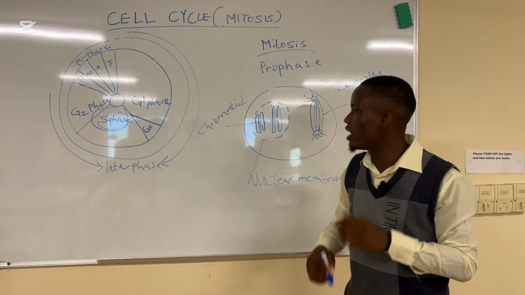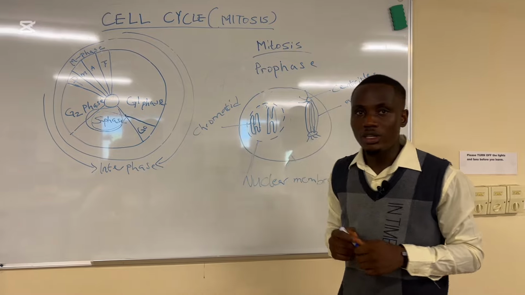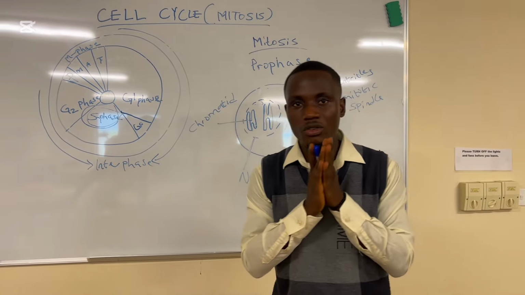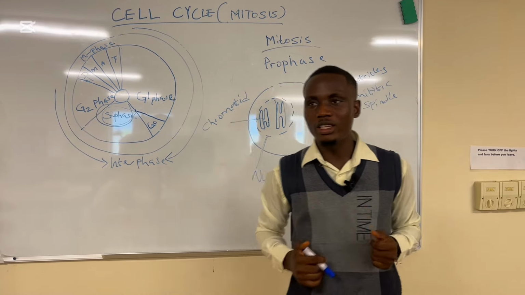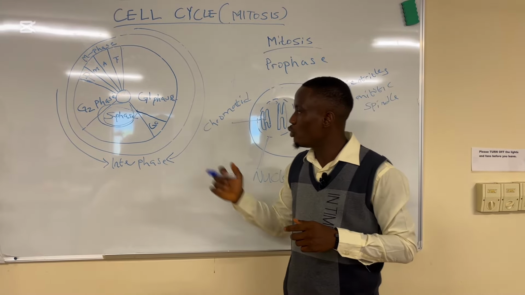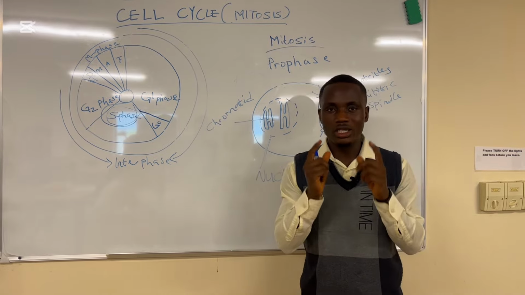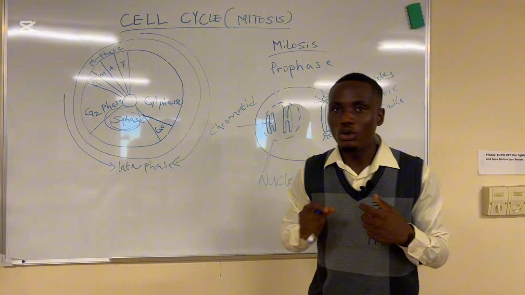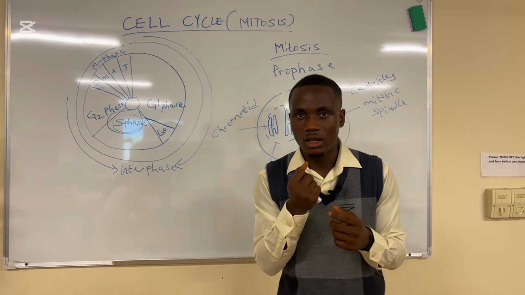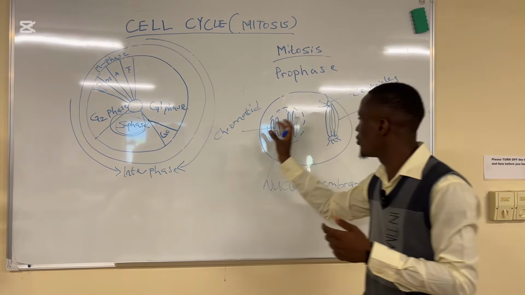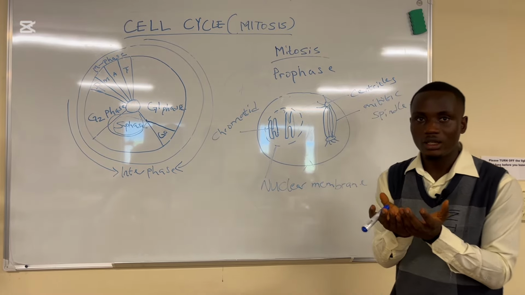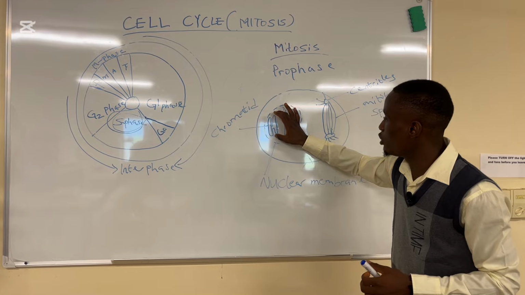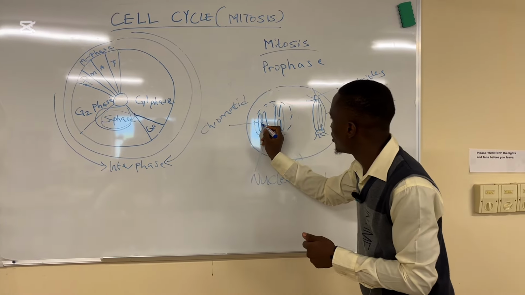The number one thing is that there will be condensation of the chromatid. What do I mean by this? When we were in the interphase stage, I want you to understand something. During the interphase stage, the chromatids are not that visible. They are very tiny, that is, under the microscope. But at this phase, they condense. They condense together and they become more visible,